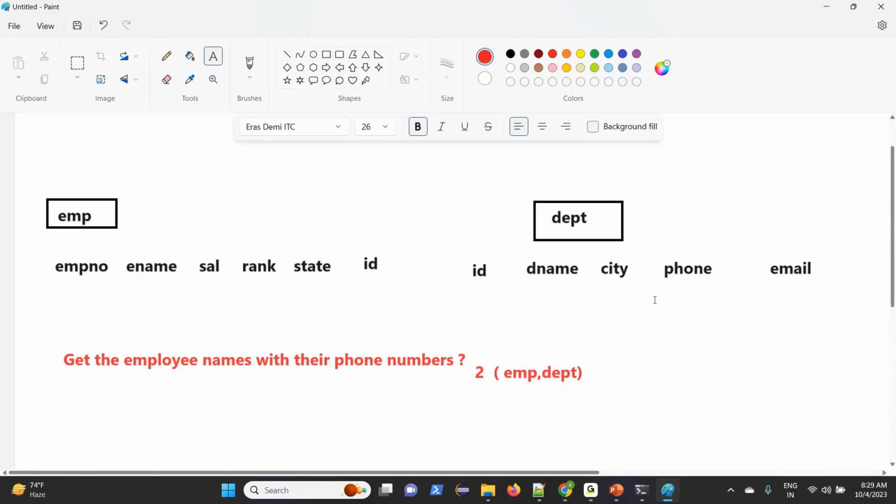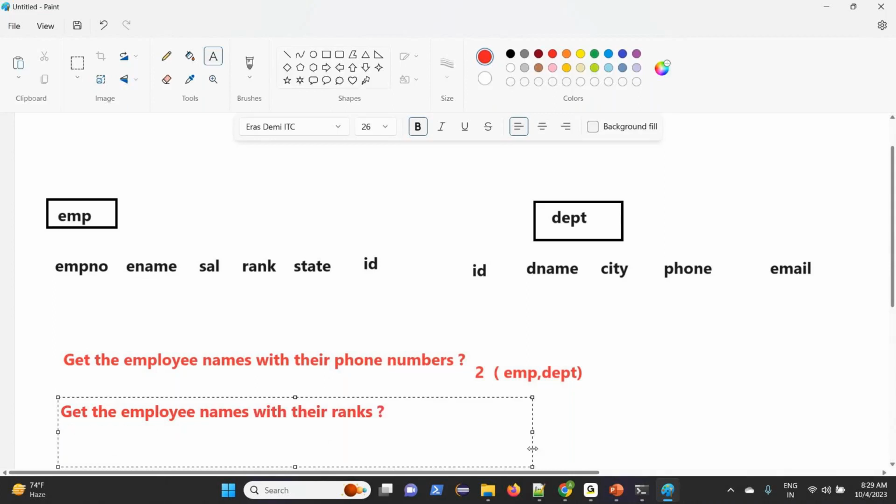Now here again, get the employee names with their ranks. Now tell me how many tables we are going to use? 1 table. Only 1 table.